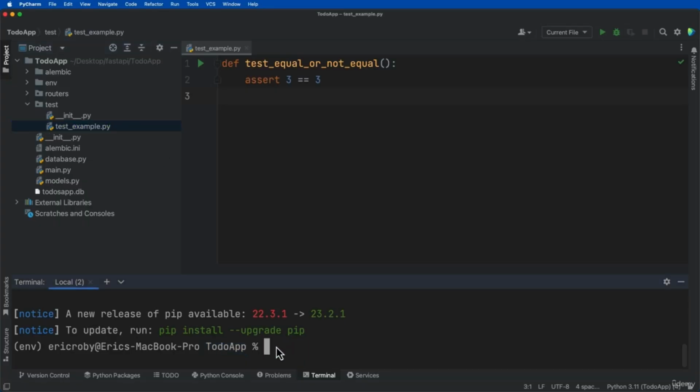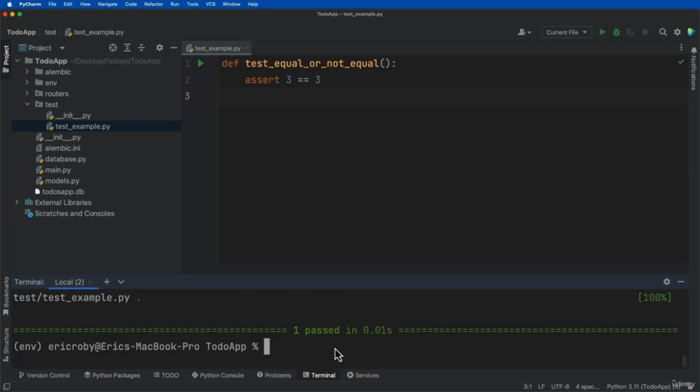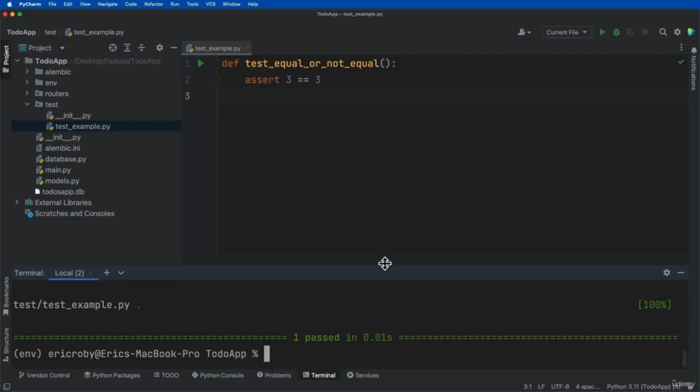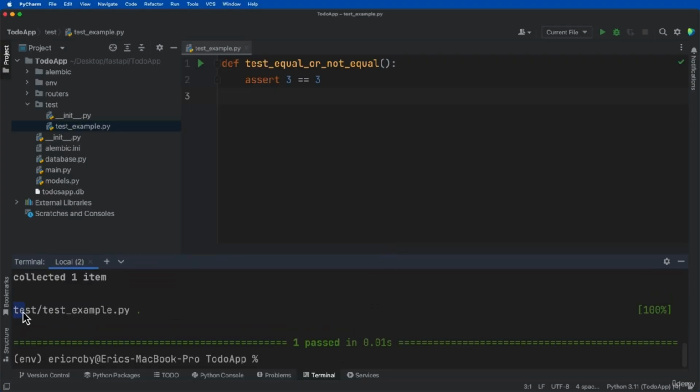If we come in here now and say pytest, and we click enter, this will now run all of the tests we have in our application. So right here, we can see that it ran inside the test directory, our test_example.py file, and it has